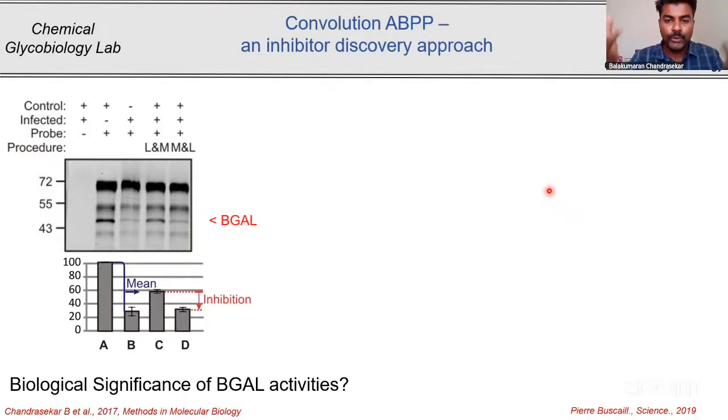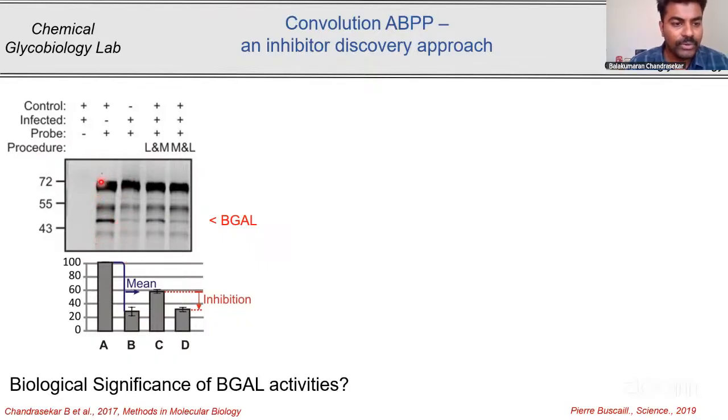What you do is take two different proteomes, mix them, and label with a JJB70 probe. As a second sample, you take the two proteomes, label them with the JJB probes, and then mix them and run it on a gel. So this is the approach. This is how it looks. This is the profile of a non-infected plant, and this is the profile of an infected plant. Upon infection, you see a reduced labeling.